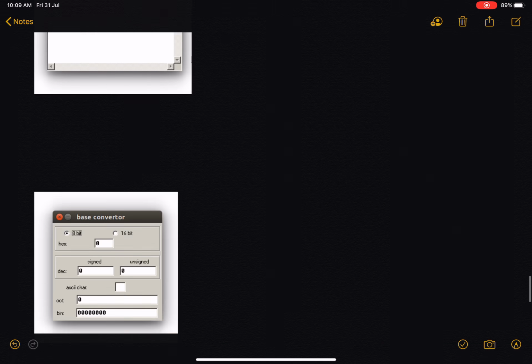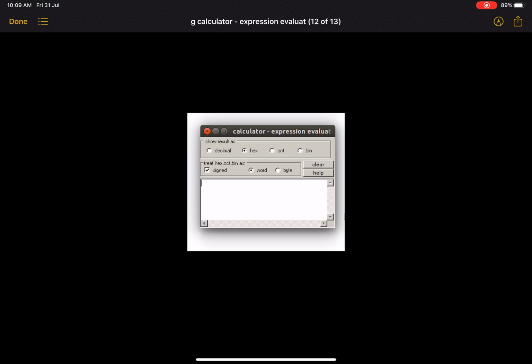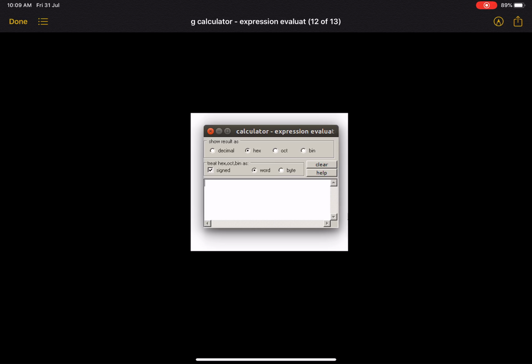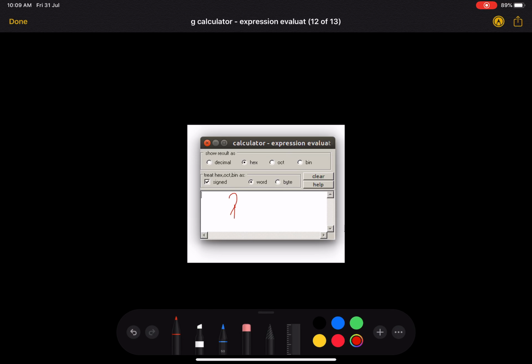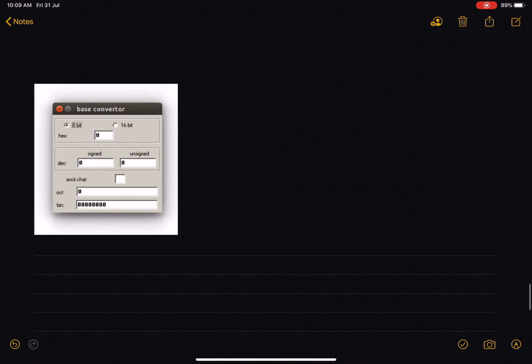And other than that, as I already told you, in 8086 you need to work with both decimal and hexadecimal numbering systems. So many times it is confusing whether you are getting the correct output or not. So for that you have a calculator available. Using this calculator you can find out the given number and convert the number.